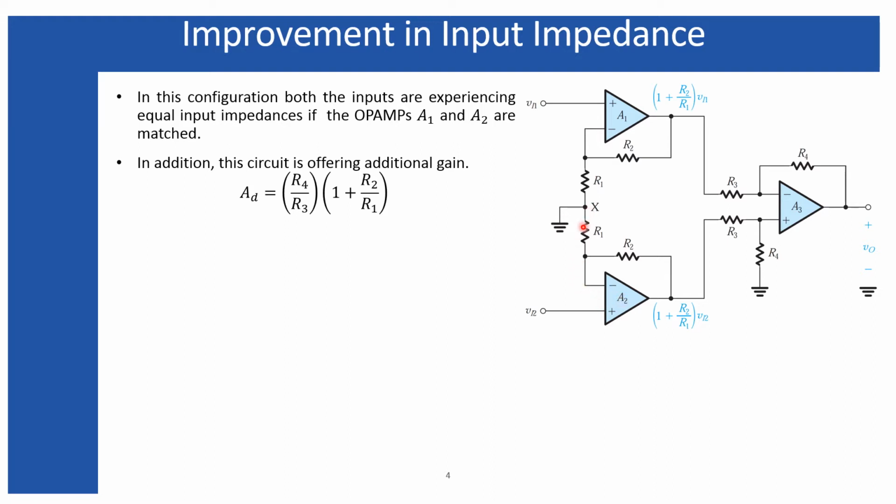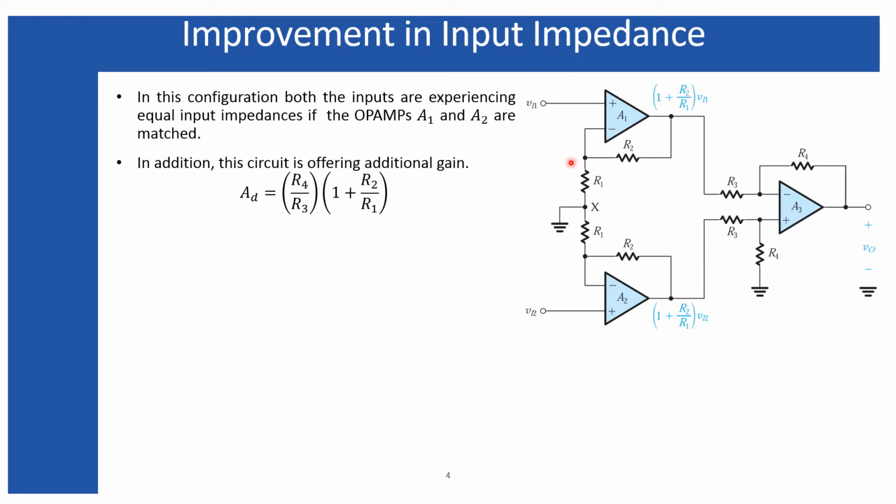Since this terminal is connected with the ground, these two operational amplifiers work as non-inverting operational amplifiers. And we know the closed loop gain for the non-inverting configuration is this one. So at the input of the final circuit, these voltages appear, and finally you can get the final voltage as the amplified version of the input voltage of this one and this one.